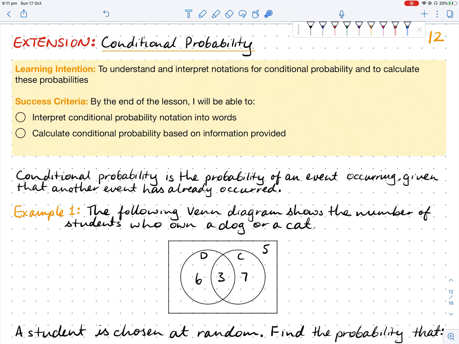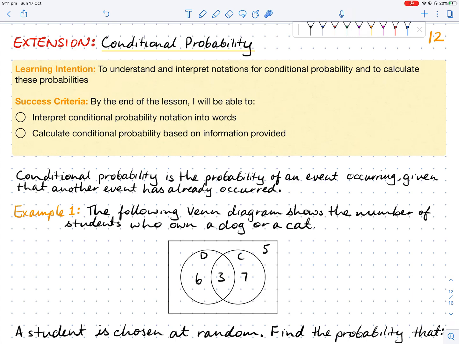In today's lesson, we're looking at an idea called conditional probability. As the name suggests, conditional means that there's some sort of condition placed on it before we work out our probability. So our learning intention is to understand and interpret notations for conditional probability and also to actually calculate